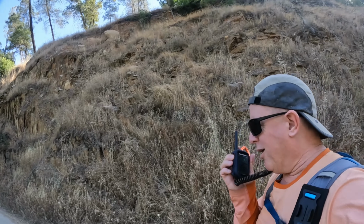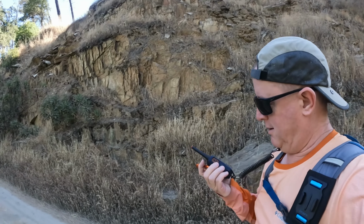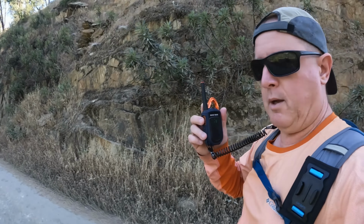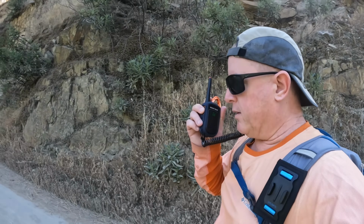Now, I realize that today a lot of us are carrying satellite communicators. However, for real-time communications, a walkie-talkie is much better suited for the job. So it really just depends on what you're going to be doing. If I'm going out solo, I'm probably not going to be worried about carrying one of these. However, if I'm in a group, especially with some people that maybe are not as much in the outdoors as I am, or maybe they have some slightly different plans, it is so much easier to carry one of these,